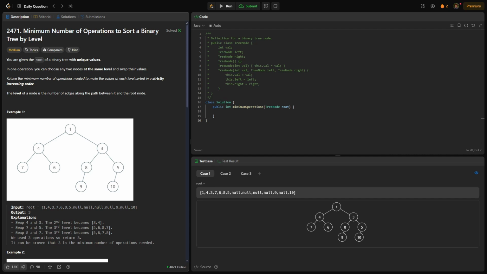Today's daily LeetCode problem of the day is Minimum Number of Operations to Sort a Binary Tree by Level, number 2471. For this problem, we're given the root of our binary tree with unique values. In one operation, we can choose any two nodes at the same exact level and swap their values. So, we want to return the minimum number of operations that will be needed to make the values at each